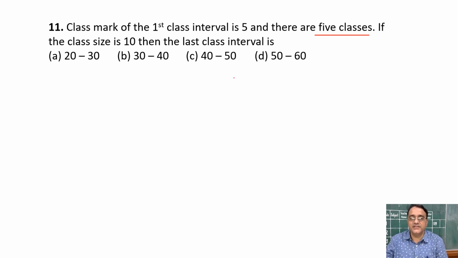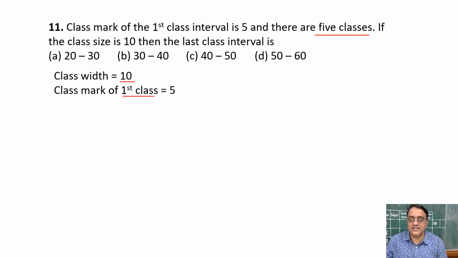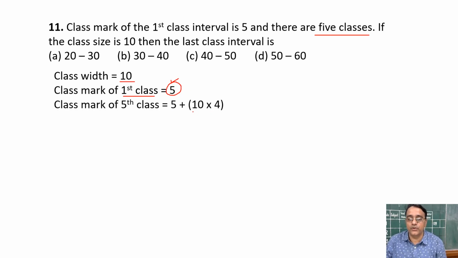So class width is given 10, okay, and class mark of first class is given 5. ये ऑलरेडी फर्स्ट क्लास ले चुके हैं हम लोग, बाकी के फोर क्लासेस इसमें और ऐड करना है, ठीक है। सो हम लोग इसमें 5 + 10 × 4 करेंगे। अगर 10 × 5 करेंगे तो 6th क्लास में चला जाएगा। सो 5 + 40 दैट इज 45। दिस इज क्लियर? Yes, sir. क्योंकि यहाँ पे हम लोग एक क्लास ऑलरेडी ले लिए ना, ये एक क्लास और ले लिए और ये बाकी के 4 क्लास हो गए, right?